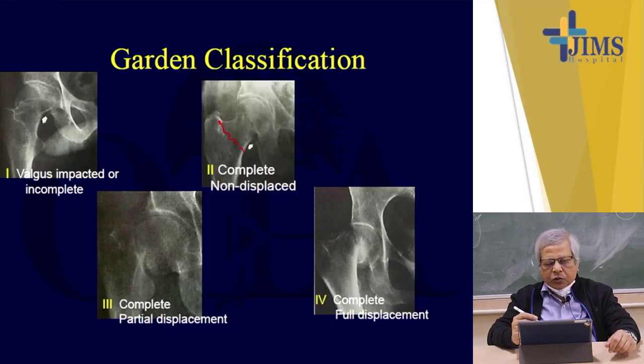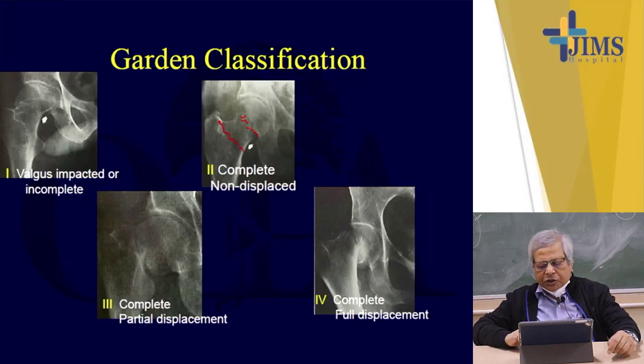And this is Garden 2. There is complete fracture, but it's non-displaced. This is a fracture line. And Garden 3 is complete, but there is partial displacement. And Garden 4 is complete and full displacement, such as this is the head